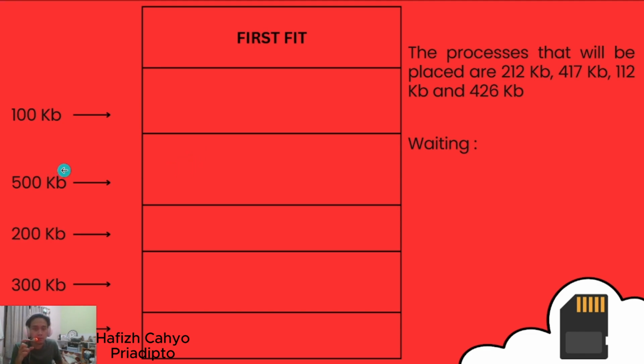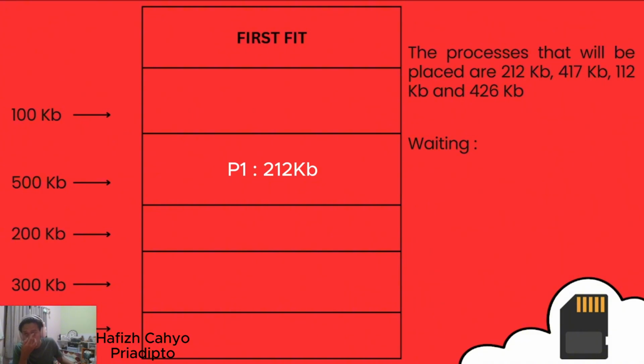500 is bigger than 212 kilobyte, so the 212 kilobyte process will go into column number 2, which is 500 kilobyte. And the next process is 417 kilobyte. As I said before, first fit